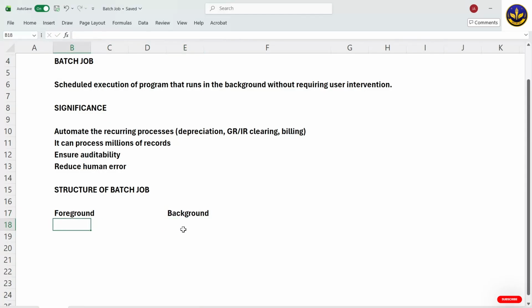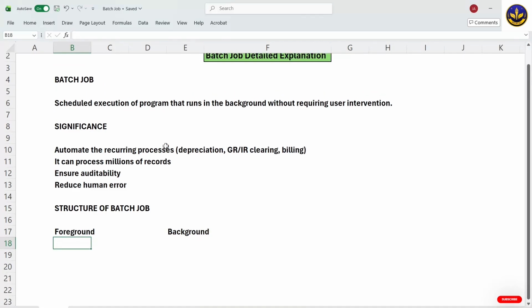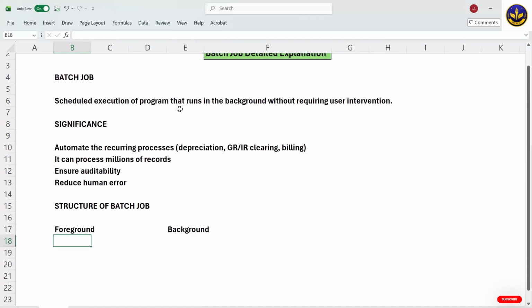So now what happens is whatever job you run, these actually run in the background. But what is the foreground? For example, I told you there might be two ways of execution. One is you are using any T code and performing the action live. In that case, that particular action would be performed in the foreground. This is also known as online. But while you are executing the same using a batch job, it would be known as executing in the